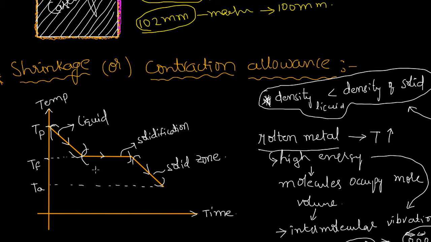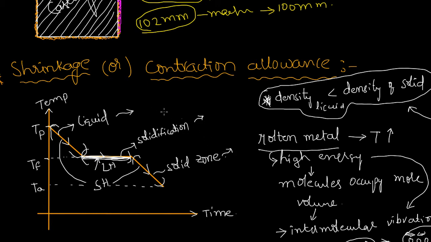Here the heat given to this material, heat lost by this material, is latent heat. The heat in these two stages is sensible heat because of temperature difference. Here the temperature is constant throughout the process. Temperature is constant throughout this process, right? During solidification, the temperature is constant, right? So here the density will get increased on cooling. That means volume gets reduced. Here also volume gets reduced. Here also volume gets reduced.